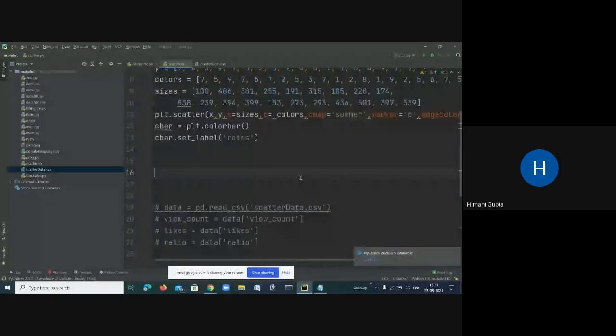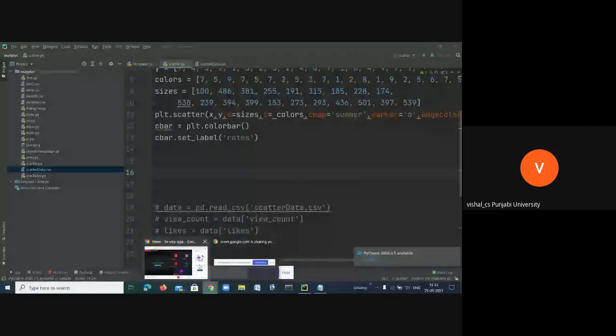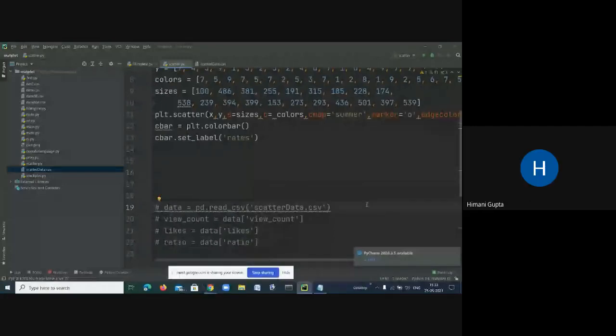Got it, sir. Himani, you got it? Yes, sir. It has nothing to do with the values. It has to do with the number of elements matching the x and y. Now, Prem, you are done? Yes, sir. Done, sir.